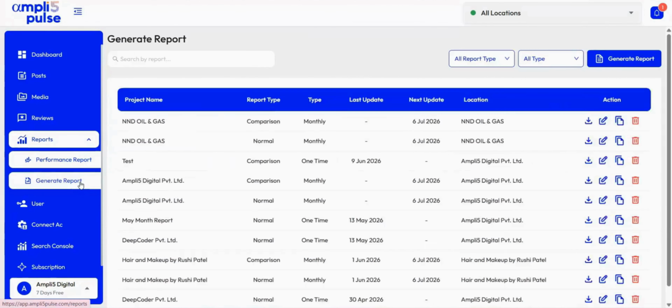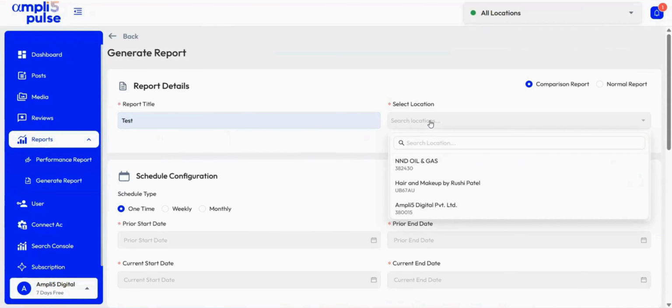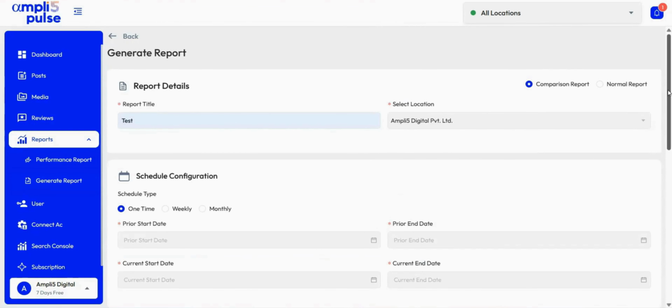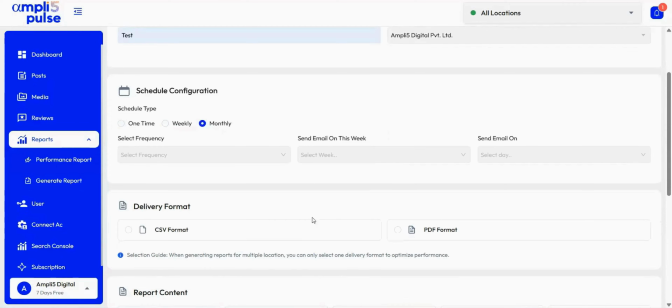Now in generate report section, instead of collecting data manually, reports can be generated quickly, helping businesses to save their valuable time. You have to go to generate report, name your report, select on which location you want to create that report for. If you want a comparison report or normal report, you can schedule that report if you want that report one time, you want it every week, or you want a monthly report.